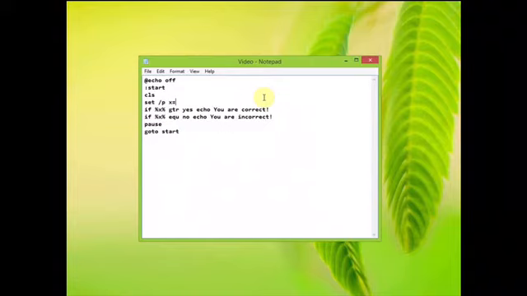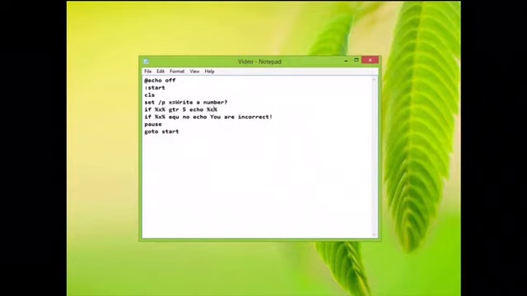So we'll say write a number. We could write any number we want, and it's going to change the variable x equal to that number. We could also say our variable, so x. So we could use two variables in the same command.